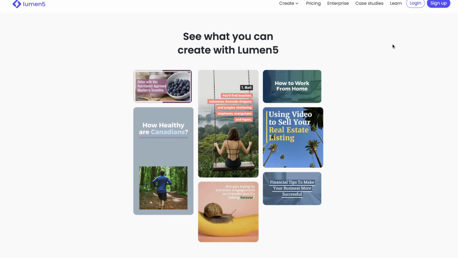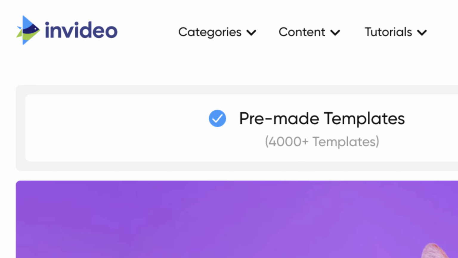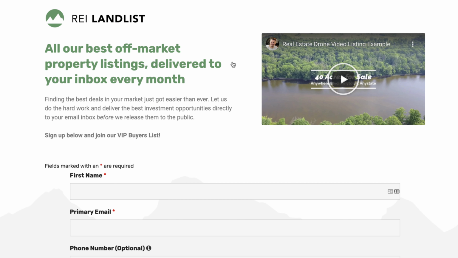So anyway, Lumen5 is one solid place to do this, but again, it's a little pricey. Another one that is a lot less expensive, and a lot more flexible, but I found it to be a little less user-friendly because there are so many different things you can do with it, it almost bombards you with options, but it's still pretty good if you can deal with that, is InVideo. I actually have a blog post and review of it right here on RE Tipster where I show you exactly how to use it. So either one of those options could work if you decide to do this concept where you have a video playing in the background.